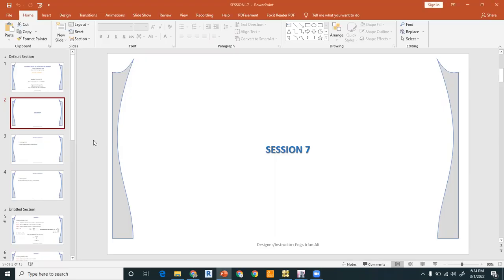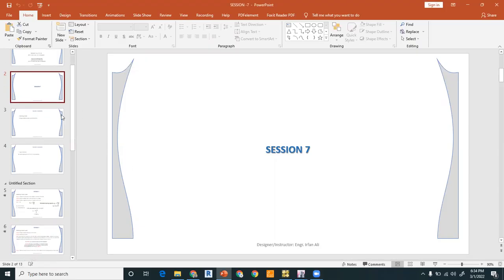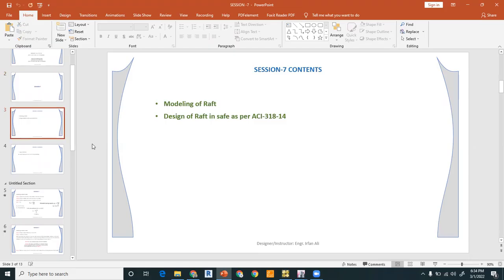So this session is about the design of raft for the high-rise building. In this session, we will be modeling the raft, and then we will design the raft in the SAFE as per ACI 318-14. For the design of the raft, we will select the superstructure of a 12-story building, which is in the